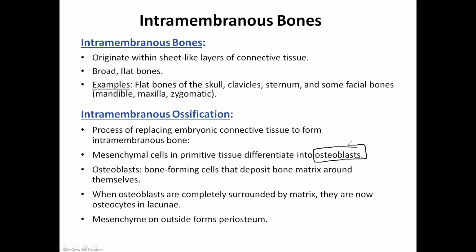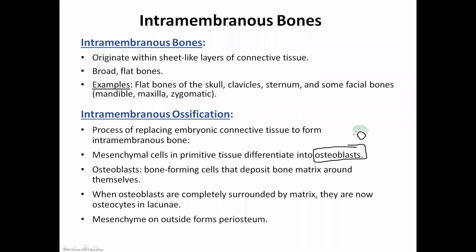So these are like the baby cells. And really what they do is they allow for bone formation to take place. So osteoblasts are bone forming cells. And what they do is they lay down bone matrix around themselves. So imagine that this is your osteoblast and it starts laying down this